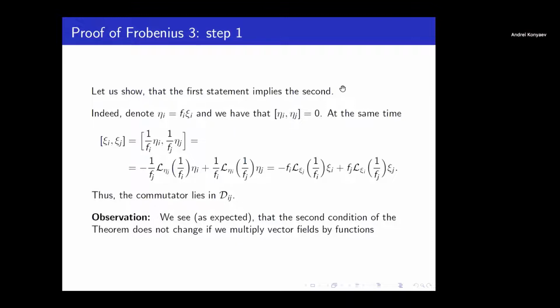Okay, let's take two vector fields for given i and j and multiply them by functions and assume that the corresponding vector fields commute. Now we need to show that all these two-dimensional distributions are closed. So how do we do it? By direct computation, we just substitute psi